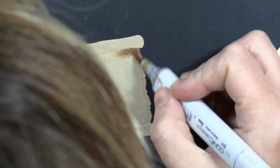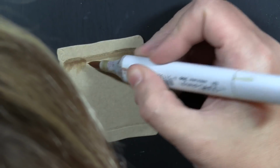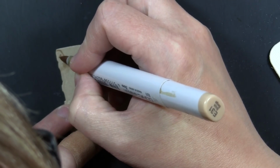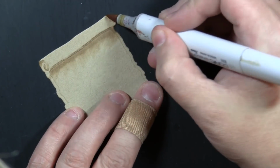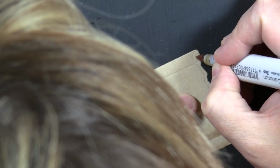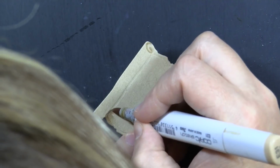So I die cut this from Kraft Cardstock, and I'm so sorry I'm kind of covering that with my head a little bit. What I'm using here is a Copic marker to add some shading and really accentuate the look of the scroll. So I'm just flicking on a little bit of this light brown. It's E31, which will be listed at the end of the video in the supply list up on screen. Right along sort of the fold where the scroll comes in, around the curve right here, and then this portion